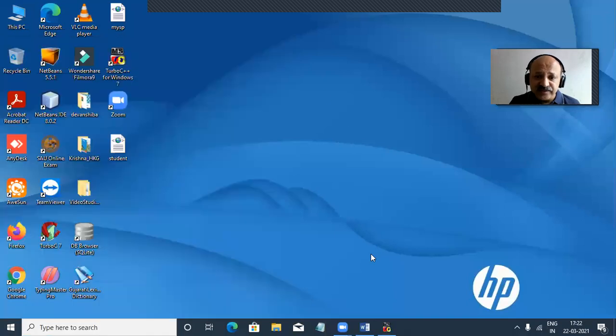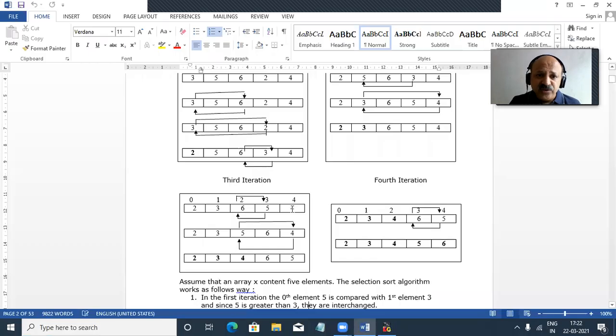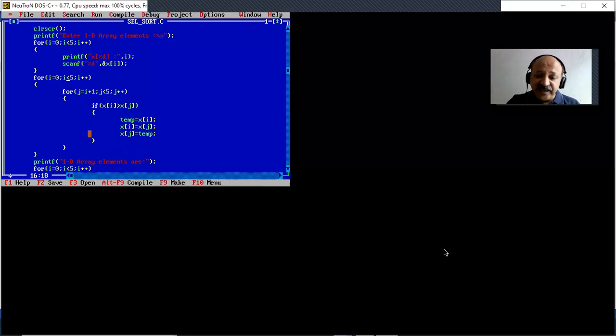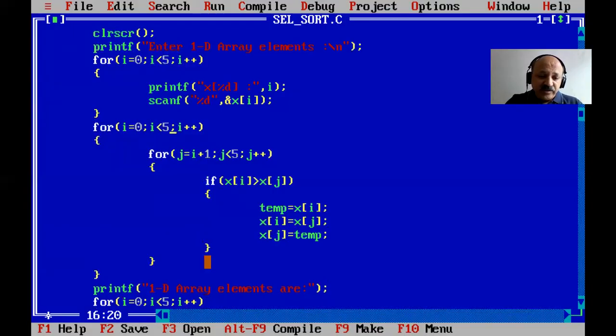So let us take our iteration table, I just show you. In the Word file I open the iteration table. The last round is 4 iterations, that last is automatically set, taken as n minus 1. So here I directly apply 4 because we do not need n. You can also write parentheses and 5 minus 1. I directly write 4 because the outer loop runs only 4 times. So our sorted array is complete. Let us compile, there is no error.